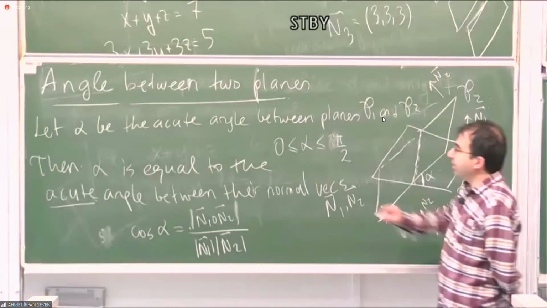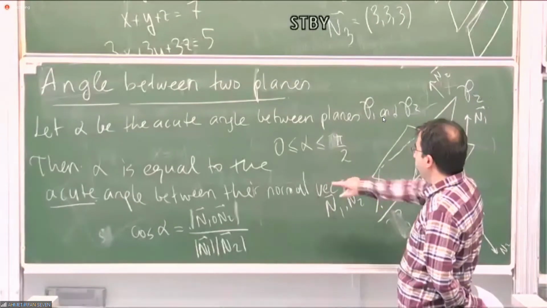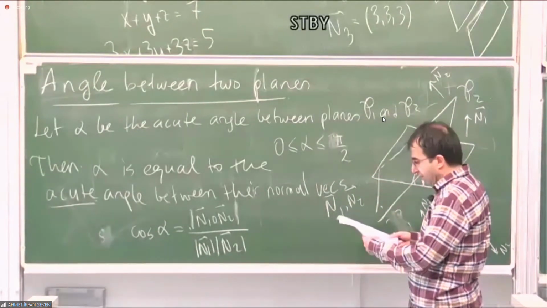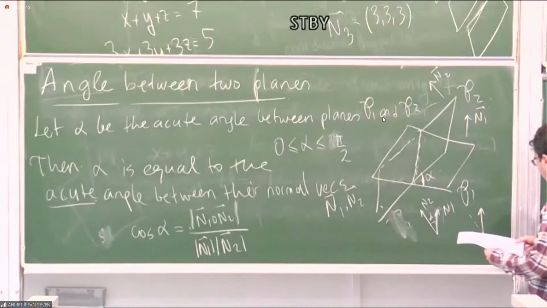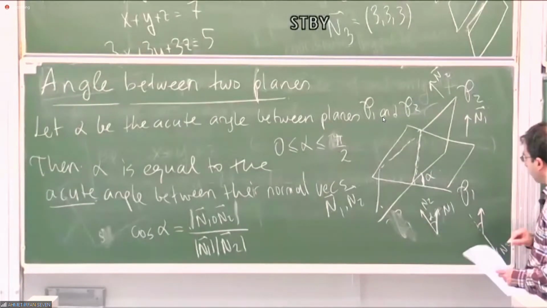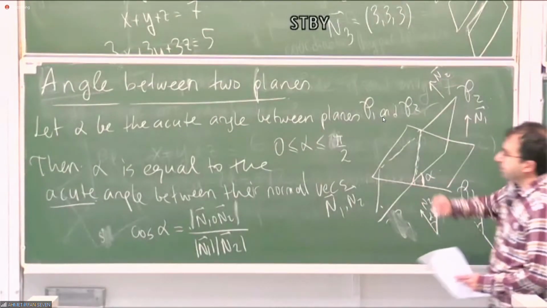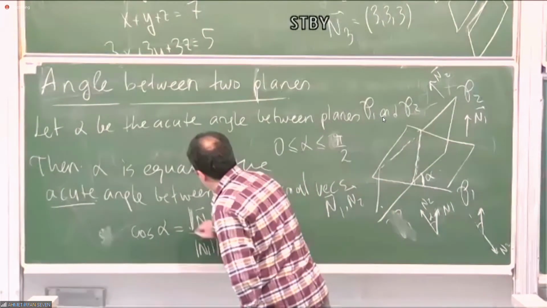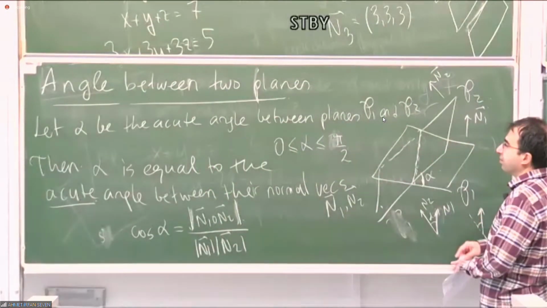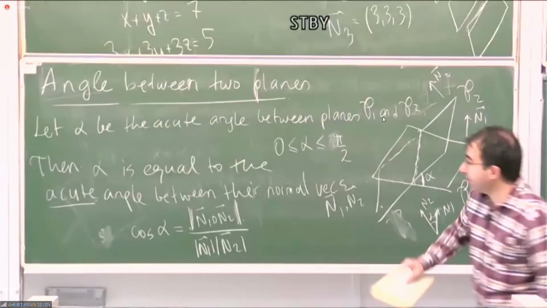Then alpha is equal to the acute angle between their normal vectors. So I should be more careful, as I said. This angle will be here, cosine alpha, it will be the absolute value of this one. So let me write it more carefully. Then alpha is equal to